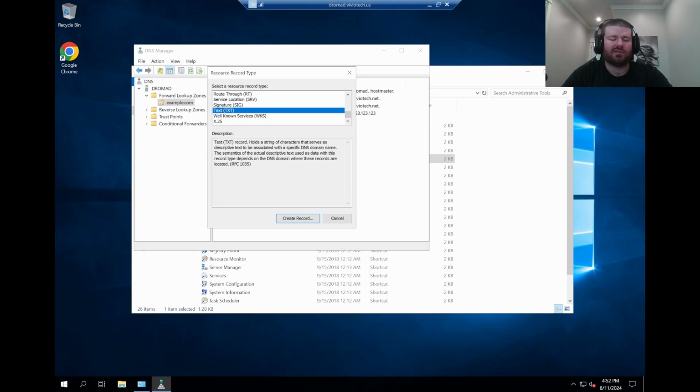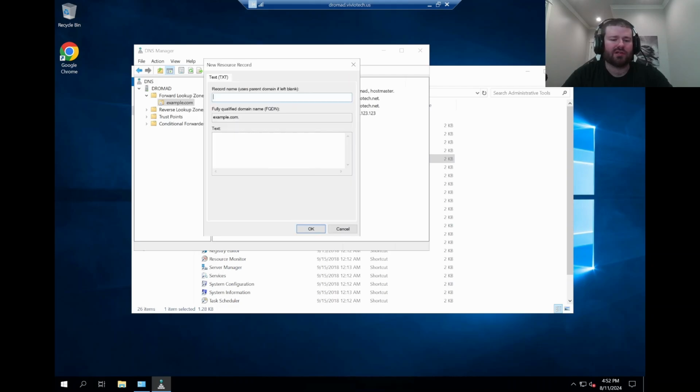The text record is very common in DNS for mail purposes, so for like SPF, DKIM, DMARC, things like that. You can also use it for SSL validation, domain validation stuff. But yeah, you can create your record here. Just click create record, enter that information. So you can put your SPF record here. Again, it works the same way as the A record, so you can put test here, so that way it's test.example.com, where you can leave it blank for the root, and then click OK when you're done.